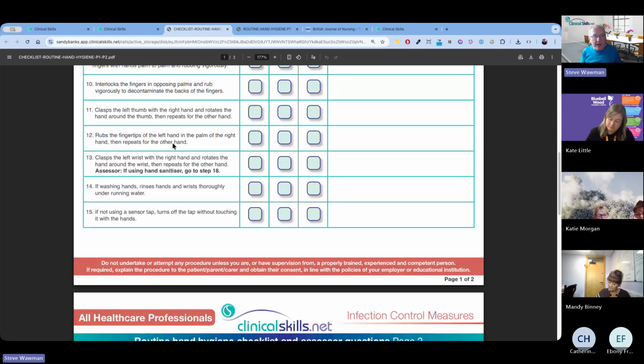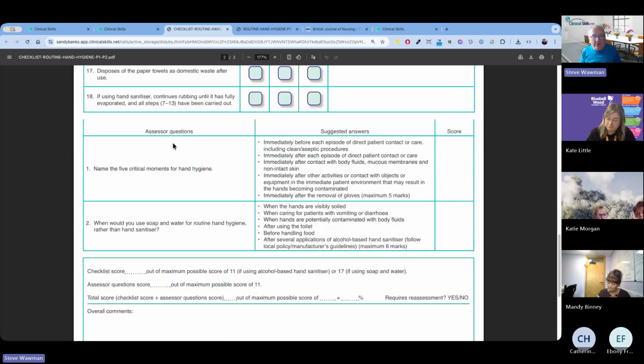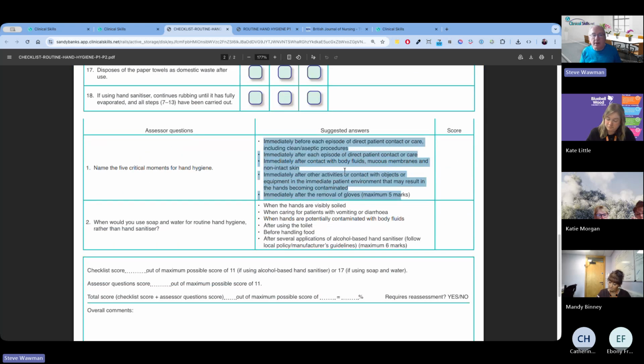And this can be a very good way of, say, assessing practical competency. It also includes a couple of questions at the end as well, which you might want to ask the person being assessed. Now, at the moment, you have to download these and print them out, but we are just in the phase of a final testing stage of an online version of this,